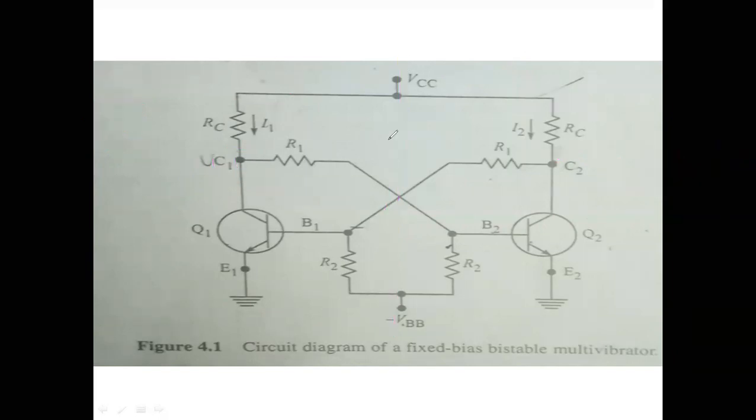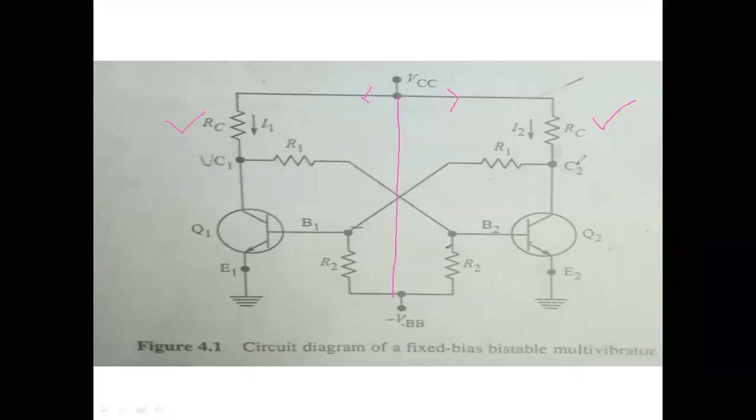Now if we observe this circuit, we have seen how the circuit is operating, but before this circuit there is a lot of explanation. If we observe this circuit, it is symmetrical, therefore the same current is flowing in both directions. Once the same current is flowing, the drop across both branches will be the same.